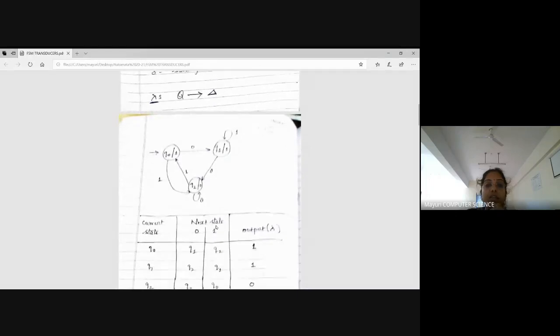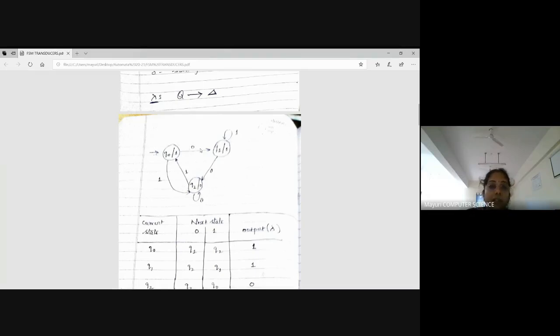So the Moore machine is like this. Let me explain the structure first. Let us go for the questions later, and at that time you will understand the definitions. If you look here, you have three states, that is Q naught, Q1, and Q2. Earlier, apart from the state names, we never used any other terms in the states. But if you observe these states keenly, for Q naught you have the output 1, for Q1 you have the output 1, and for Q2 you have the output 0. It depends on the question which output it maintains.